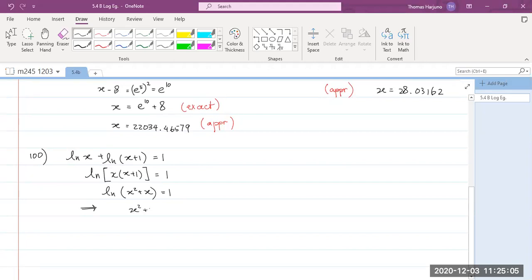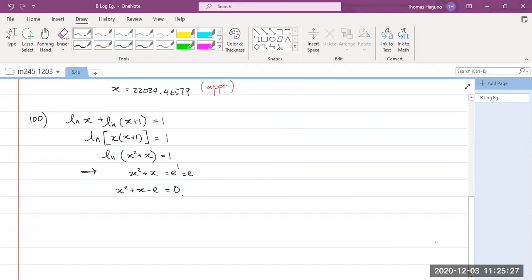So x squared plus x equals e to the 1, which is e. Now I have x squared plus x minus e equals 0. Then from there you solve it. I don't think we can factor this, and I don't think I want to complete the square because the coefficient of x is not even. So I will use